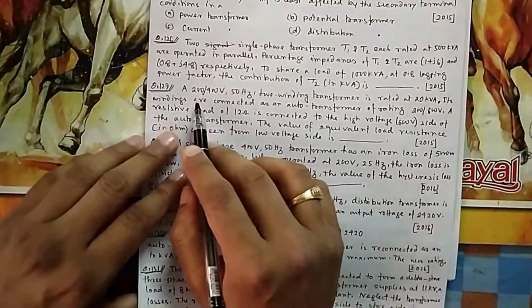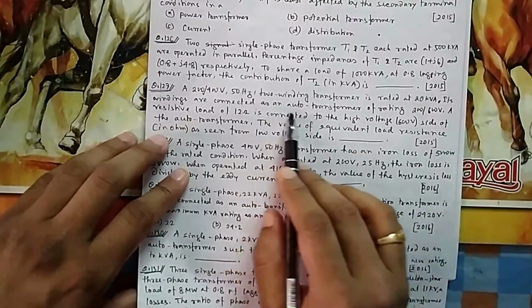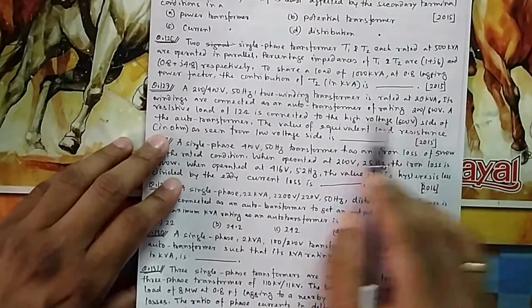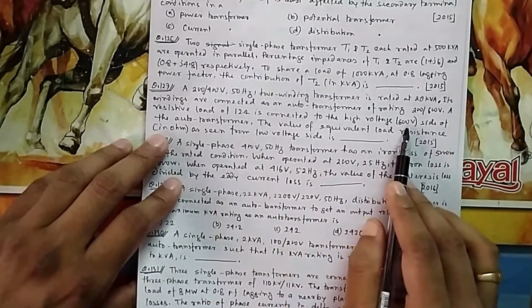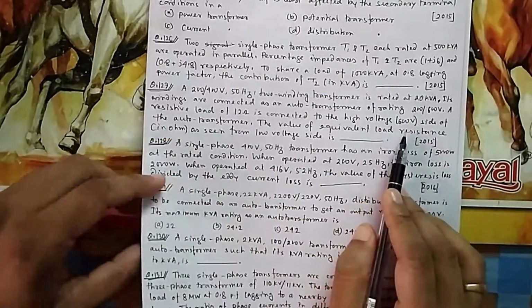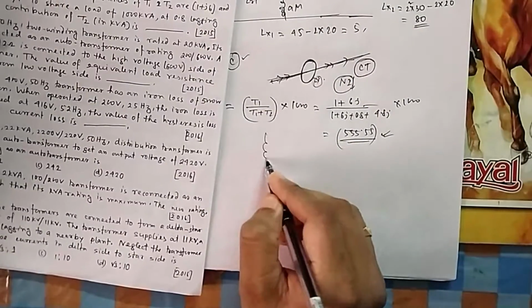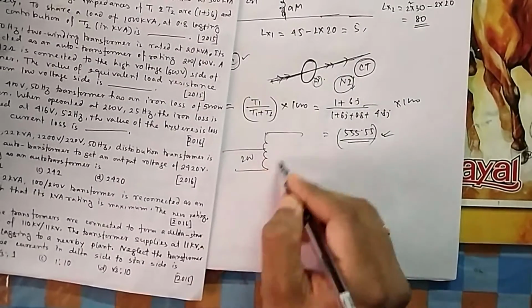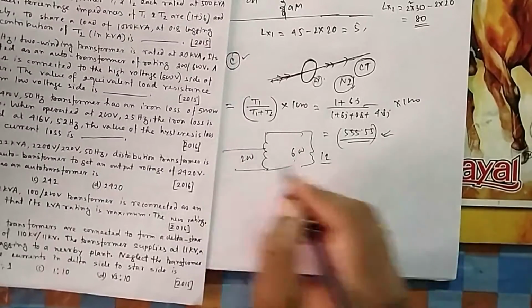So in 127, 200 by 450 has two winding transformer rated at 20 kV. Its windings are connected to an auto transformer rated 200 to 600. A resistive load of 12 ohm is connected in the high voltage side. In the auto transformer, the value of the load resistance in the low voltage side. Obviously it is 200. It is of this fashion. Whatever it is a transformer, it is 200 by 600. So if you place a load of 12 here, how much will it show here.